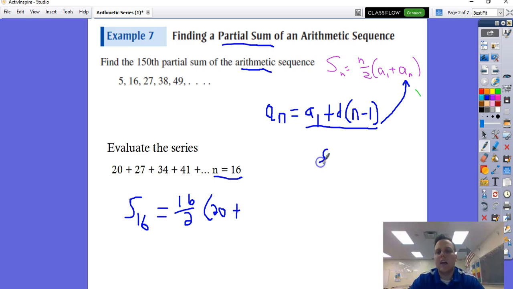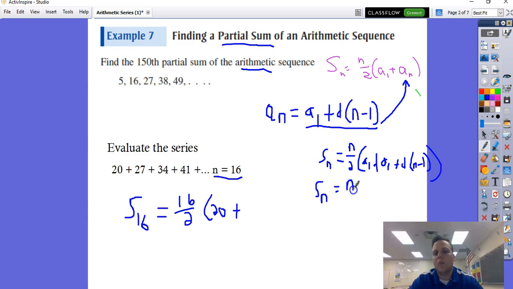So now instead I have S sub n, so the sum of the n terms, is equal to the total number of terms, n, divided by 2, times the first term plus, plugging this guy in, a sub 1 again, plus d times n minus 1. Now, let's see if we can do some finagling and see what happens here. Okay? Well, if I have a sub 1 and a sub 1, what is a sub 1 plus a sub 1? Hopefully you realize that that's simply 2a sub 1. So 2a sub 1